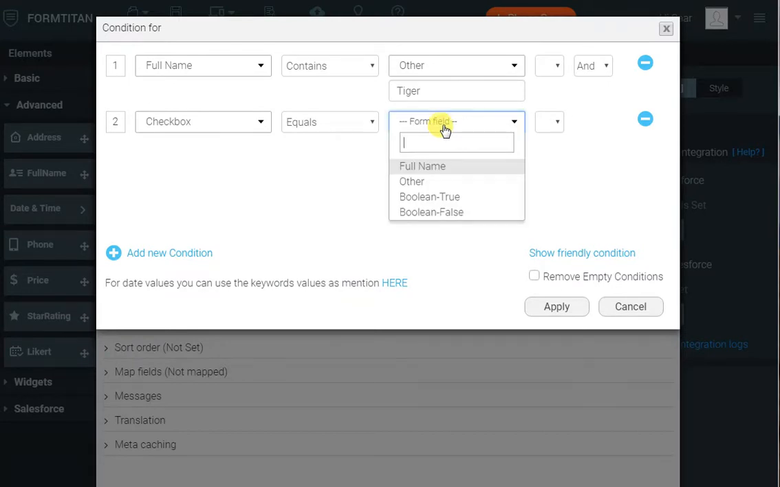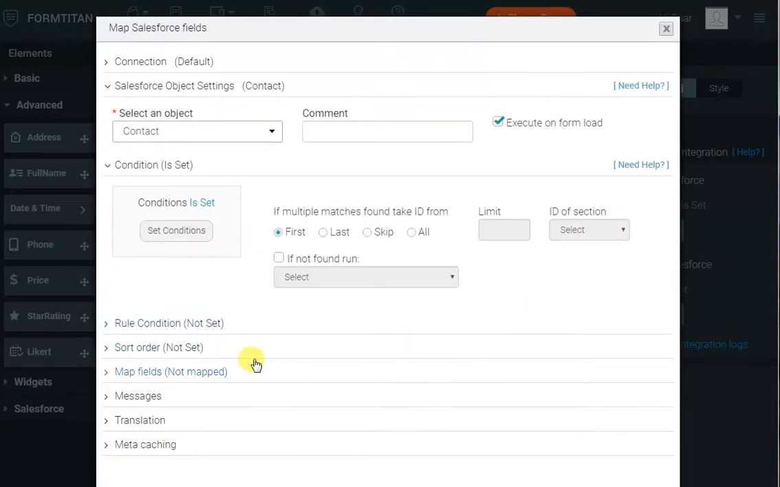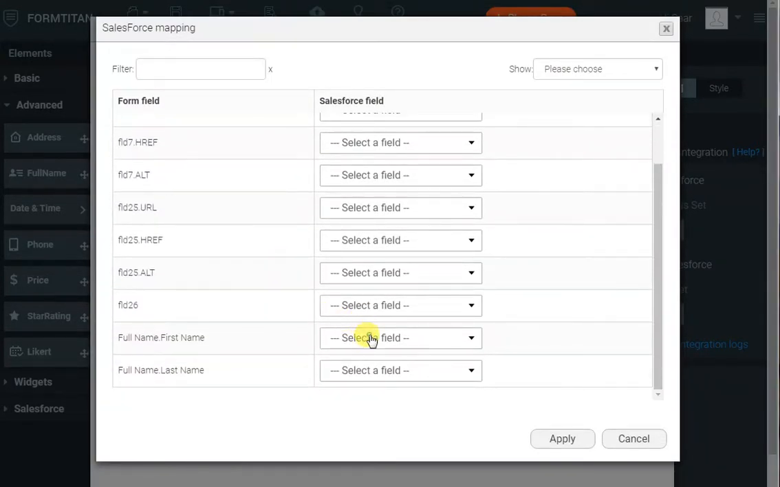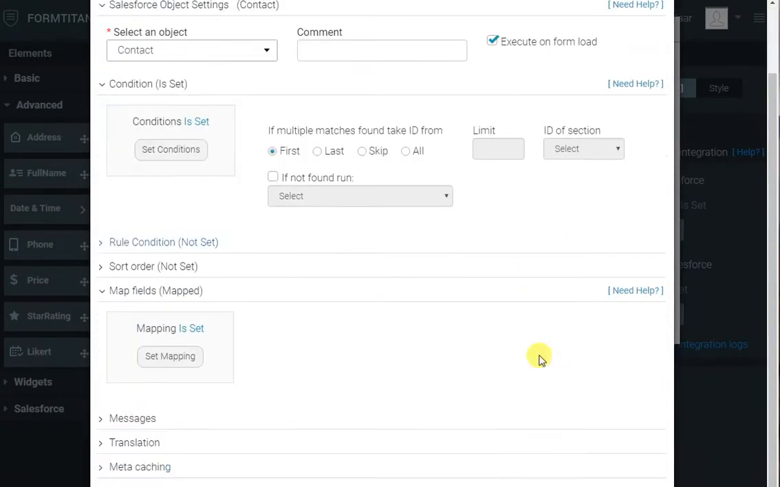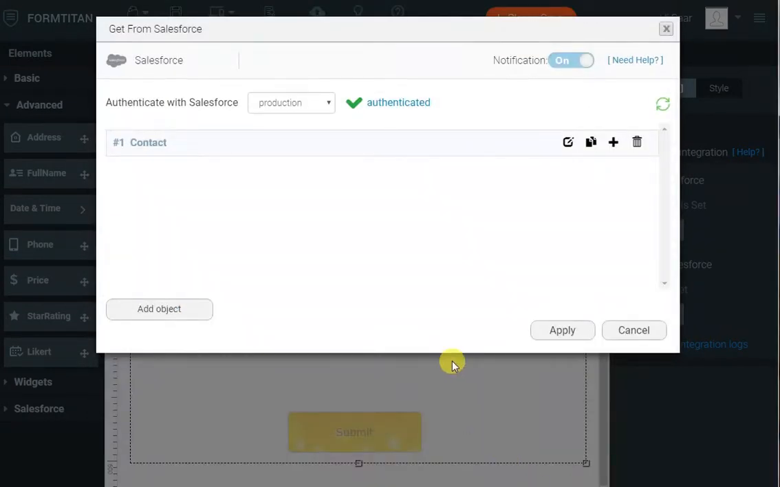equals, and then here we have Boolean true or Boolean false. So if it's checked, it's Boolean true. So I want to get it if the full name is tiger and the checkbox is checked. And then I'll just map the fields. So for me it's just the first and last name,